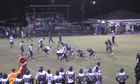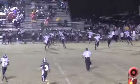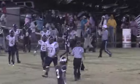Young in the shotgun. Ross lined up beside him. He's got trips to the far side of the field. It rolls that way, looking. A little short throw. It's going to be caught. And he gets it to Devontae Ross. A pickup of about,